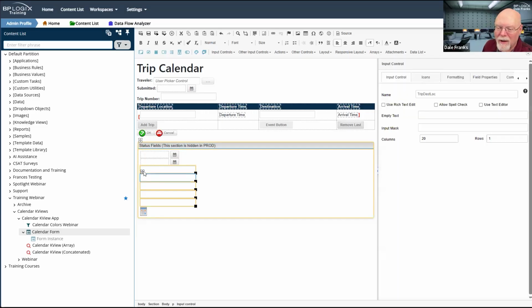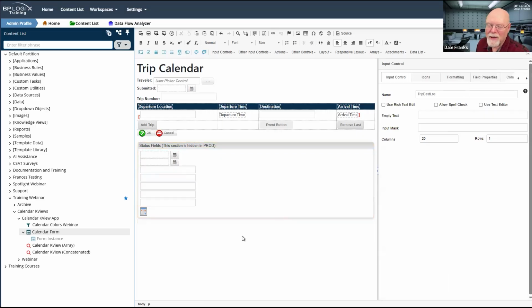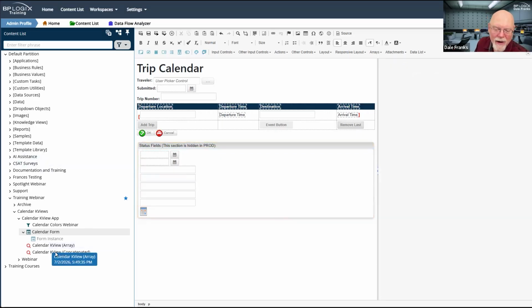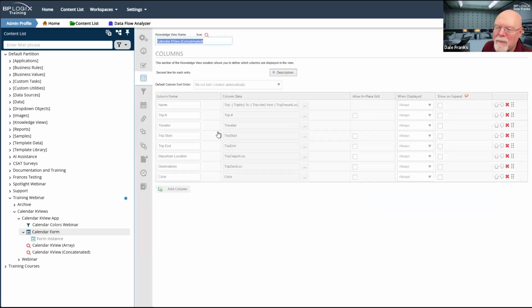And my fourth field should be trip destination location, which should be Pasadena and Point Mugu. So trip dest lock should be that. So if I go back to my calendar K-view concatenated, and my destinations is trip dest lock. Let's see.